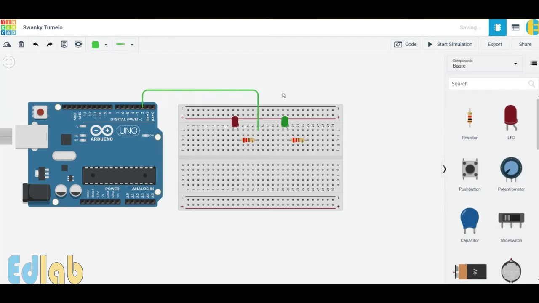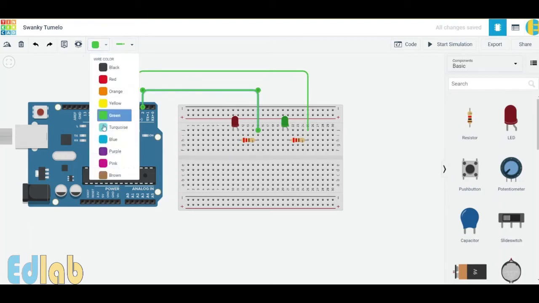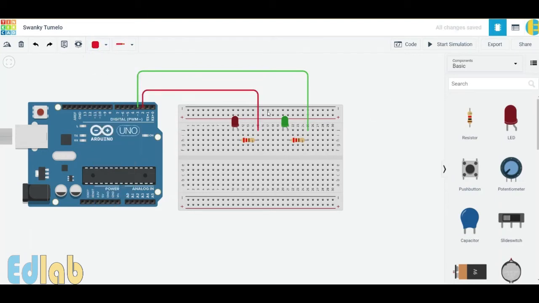To create the connecting lines, you just click on the holes. It will generate the line automatically. Drag it, click again. You can move the connecting wires in any direction you want. Then click again to give the routing and then connect to pin number 3. You can also change the color of these wires by clicking on the wire. Choose the color from here. Then you have two LEDs connected to pin number 2 and pin number 3 of the Arduino.